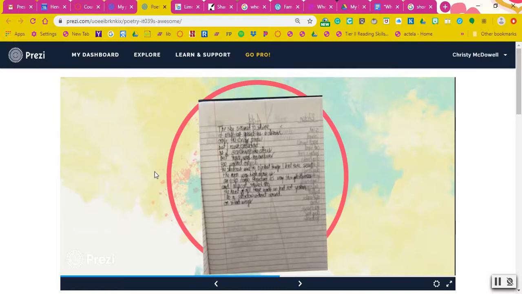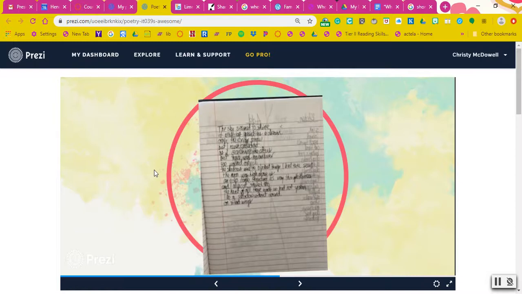One question that arises is, does this count as plagiarism? And I would say no, if you do two things. You name the author along with you. So if I submitted this found poem, I would say this poem was written by me and Jane Yolen. Jane Yolen is the author of Owl Moon. So you list both their names, okay? Because yes, I'm using Jane Yolen's words, but I am the one who chose which lines I wanted to use. And you are the one choosing which lines you want to use. So therefore you are a co-author of this poem. So make sure if you use a found poem, you cite the author of the original work.